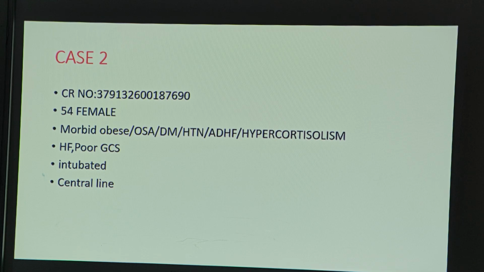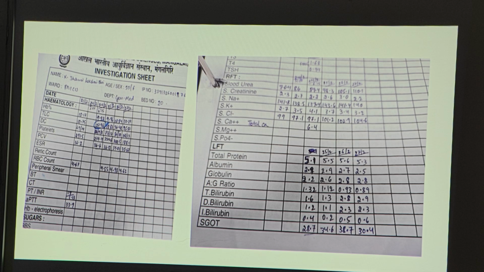The patient has heart failure features, pedal edema, elevated IJV, mild pleural effusion, and volume overload symptoms. With poor GCS, the patient was intubated and admitted to the ICU, and a central line was put. After putting the central line, initially the counts were around 10,000 only. After 23rd it is 10,000, and on the 24th and 25th the counts are a little bit elevated. They had initially put the central line in the femoral site. The site was not clean, and some pus and oozing was coming from that site.